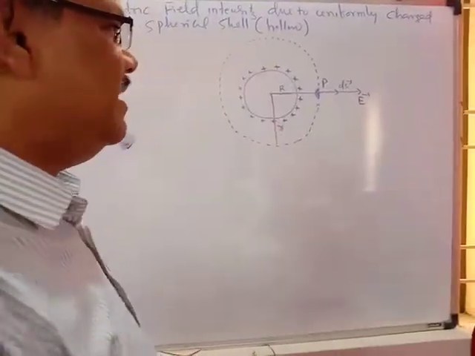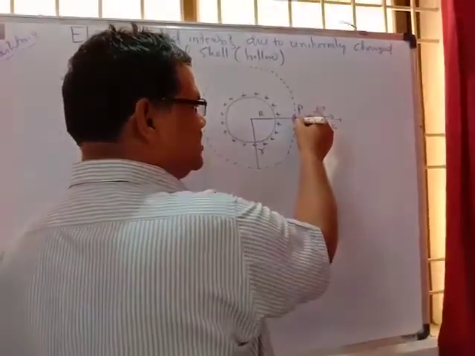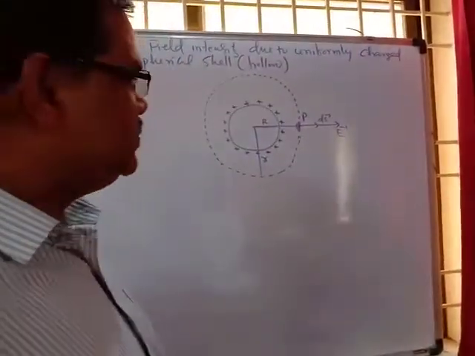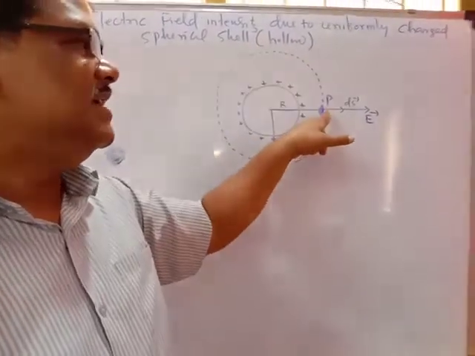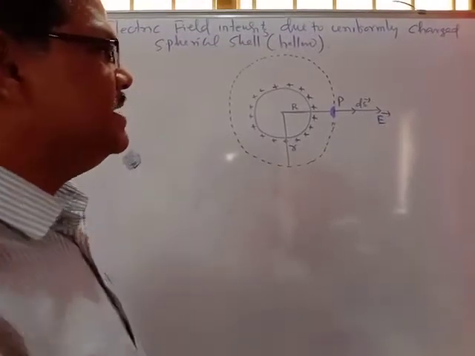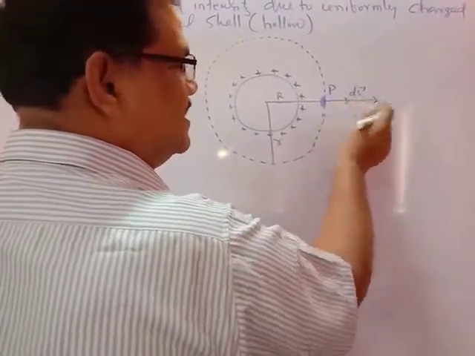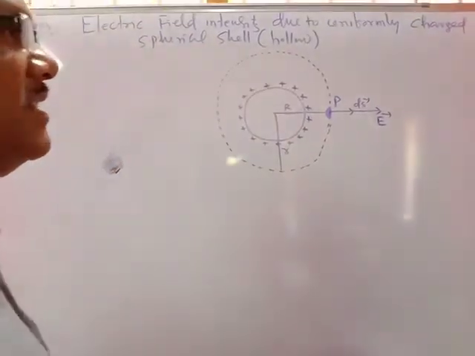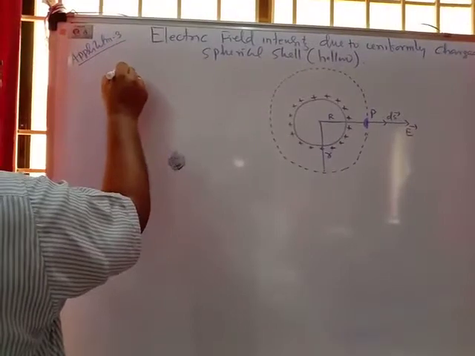On the Gaussian surface, dS is a small elementary area chosen. As it is spherical in nature, the dS vector and E vector will be directed along the same direction, so the angle between them will be 0 degrees. So what is the electric flux linked to the Gaussian surface?